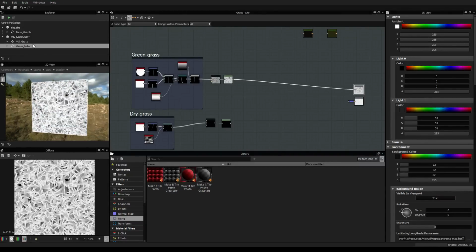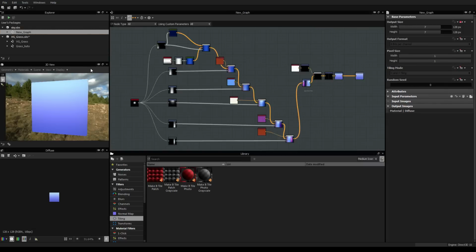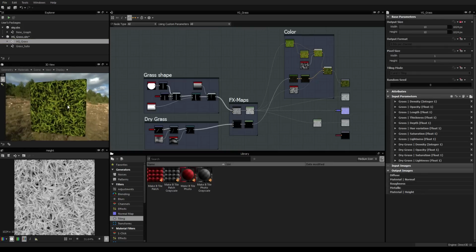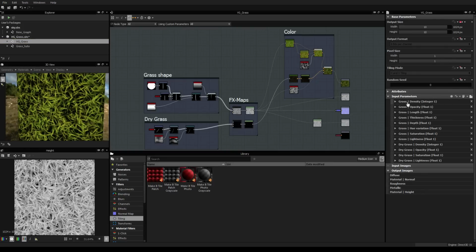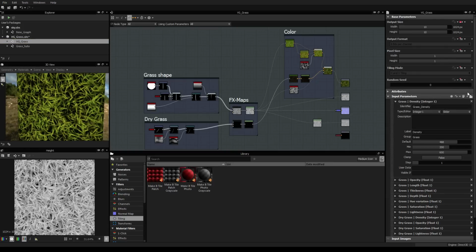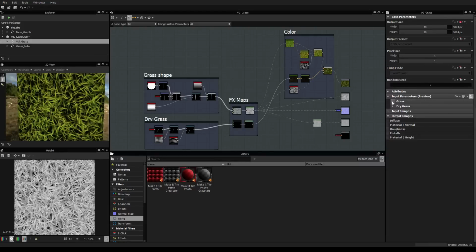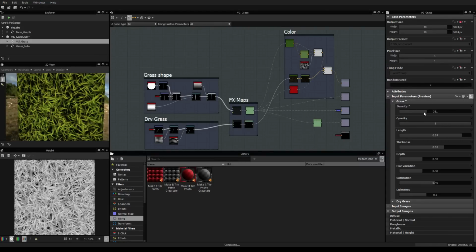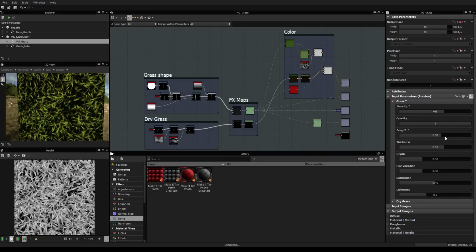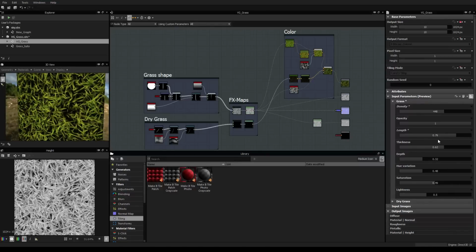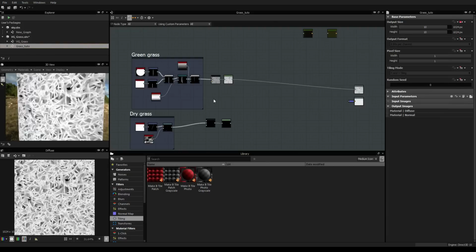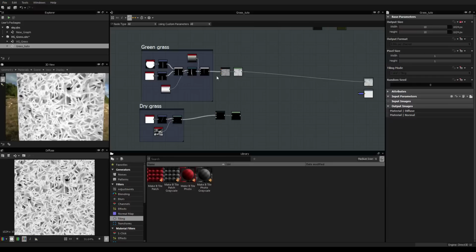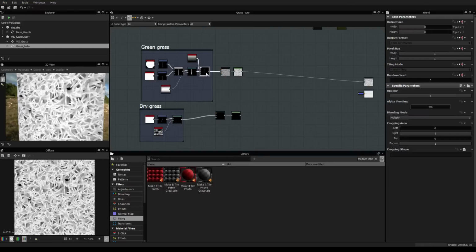So the goal of this tutorial is to make a procedural graph which looks like that. Something which we can tweak directly with some parameters like the density that you can check, the length of the grass, etc. Many things are customizable. So in the first part, what we did is first define the main shape, the primary